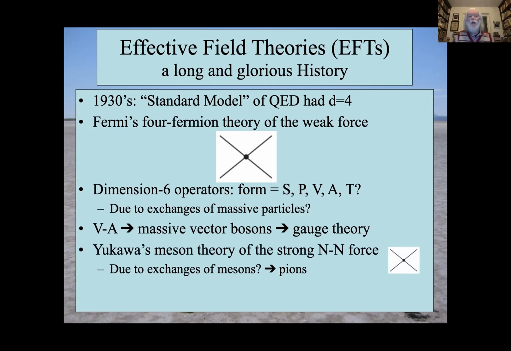Meanwhile, in the strong interactions, Yukawa proposed his meson theory. What were the mesons? Well, there were pions, those were the lightest ones, but already they were heavier than the characteristic nuclear physics scale. Then people looked at the dynamics of those pions, and they realized that they had very special chiral properties. And that was actually a crucial clue towards QCD as a theory of the strong interactions. So effective field theories actually had very important roles in the establishment of the standard model, both in the weak sector and in the strong sector.